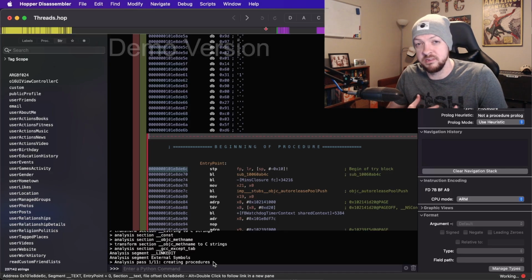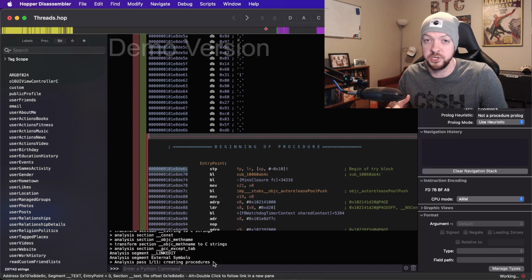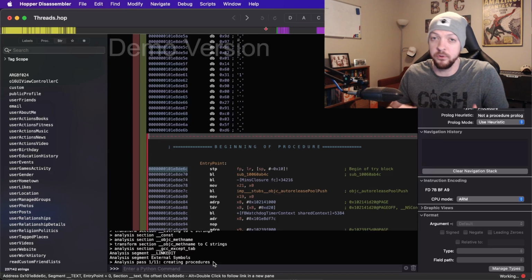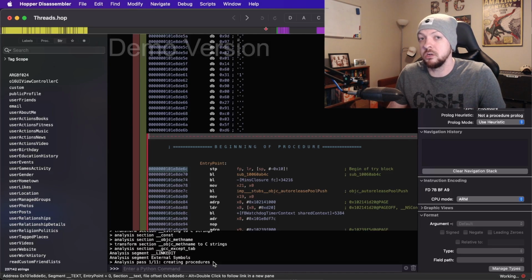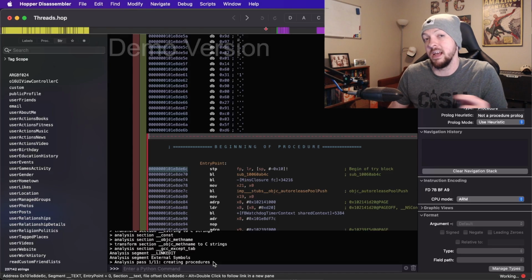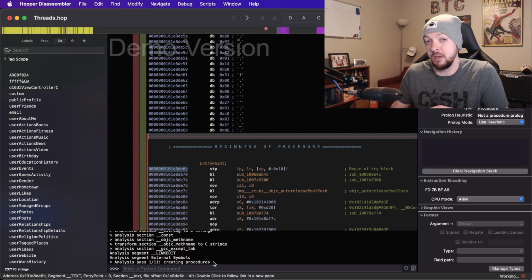Honestly, I don't consider myself enough of an expert or experienced enough in reverse engineering to actually be able to recommend either Hopper or Ghidra or any other tool for that matter. But if you are using Ghidra, you might want to remember that you are using that same process. You want to get that executable file by unzipping the IPA file, like we did for this. You don't want to just take the IPA file and run that through Ghidra. You actually want to unzip it and extract that executable file, which is what we did before we pulled that